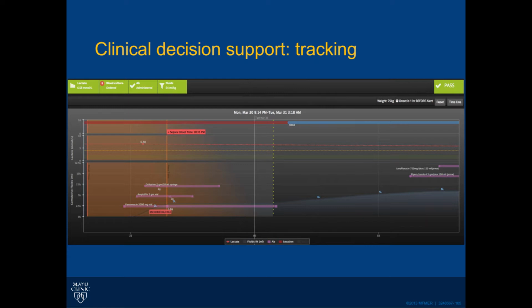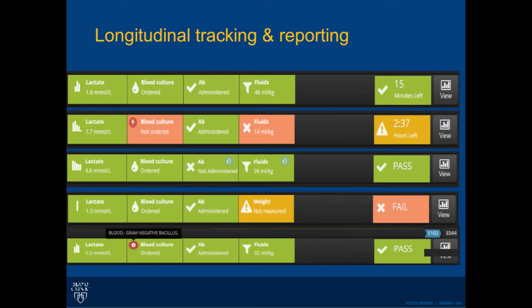When you mouse over the patient on the board, those turn from red to green as you're accomplishing your goals with the simplified sepsis bundle. This allows us to do longitudinal tracking and reporting. I get emails and follow on every single sepsis patient that comes through the system in the ICU and the ED. And we actually provide these metrics to our providers as part of their annual review with the chair as a clinically oriented outcome. Here's how you're doing on your sepsis resuscitations.